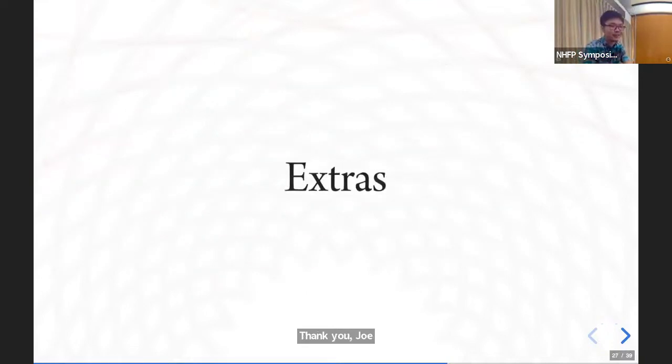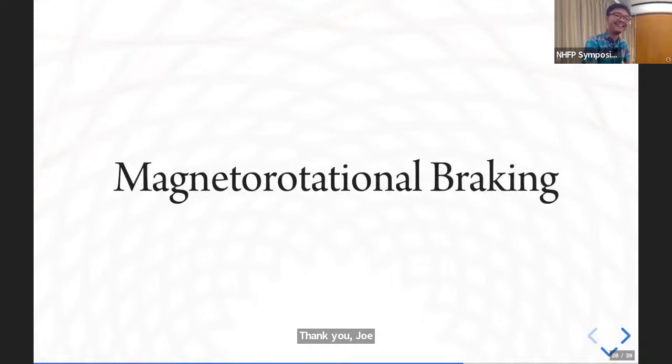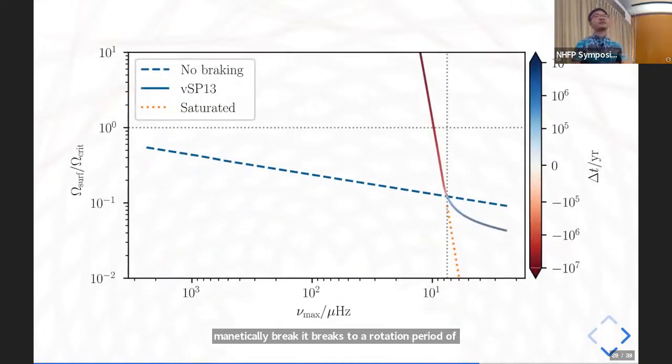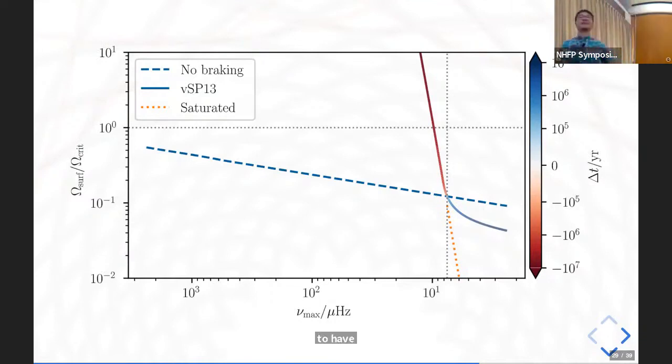Okay, all right. So I've discussed earlier that if you place a star on the main sequence and let it magnetically brake, it brakes to a rotation period of thousands of days on the red giant branch, right? But we can do the converse. We can say I have a star that's a red giant rotating 100 days, and I run the braking calculations in reverse. And if we do that, we find that it will have had to have been rotating at breakup speed about a couple million years ago in order to brake to a rotation period of